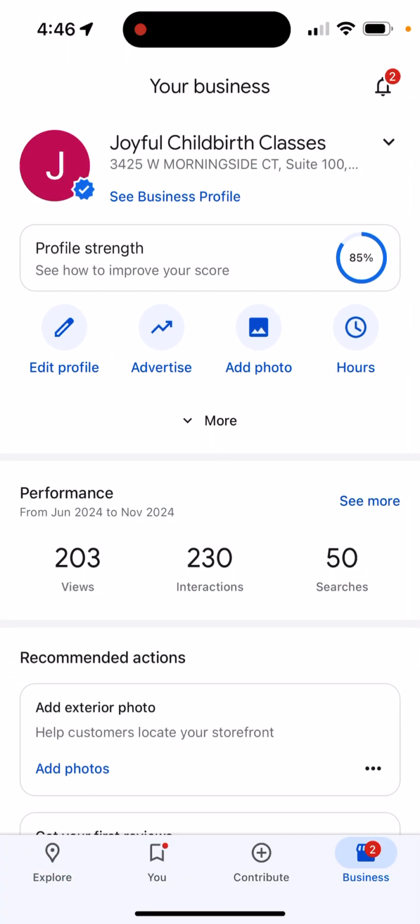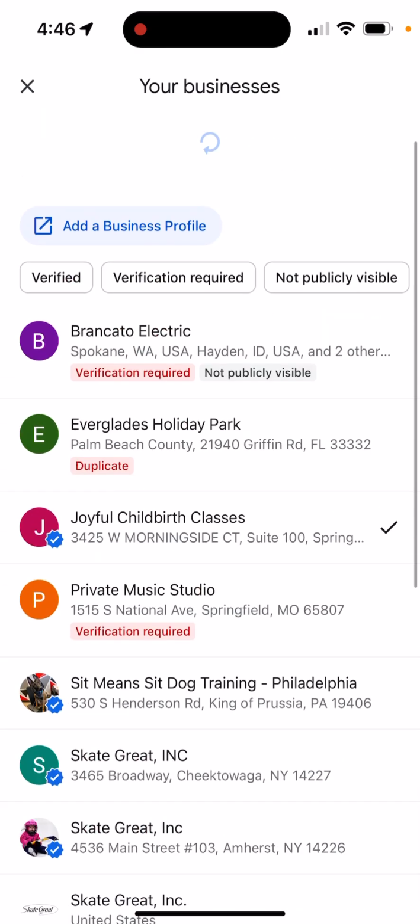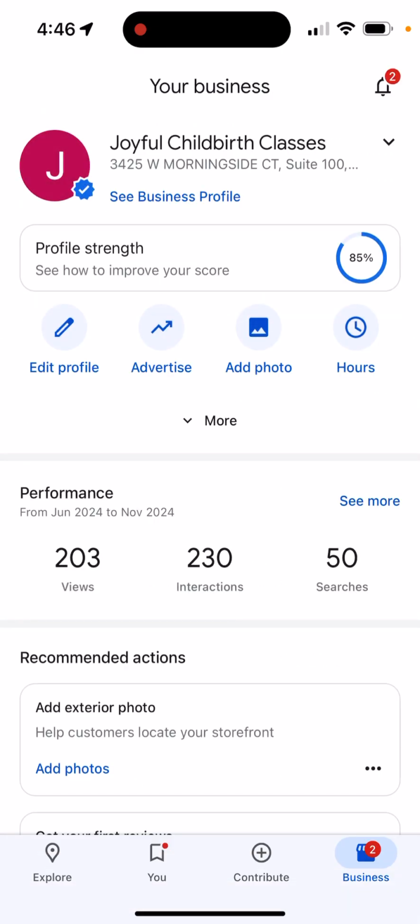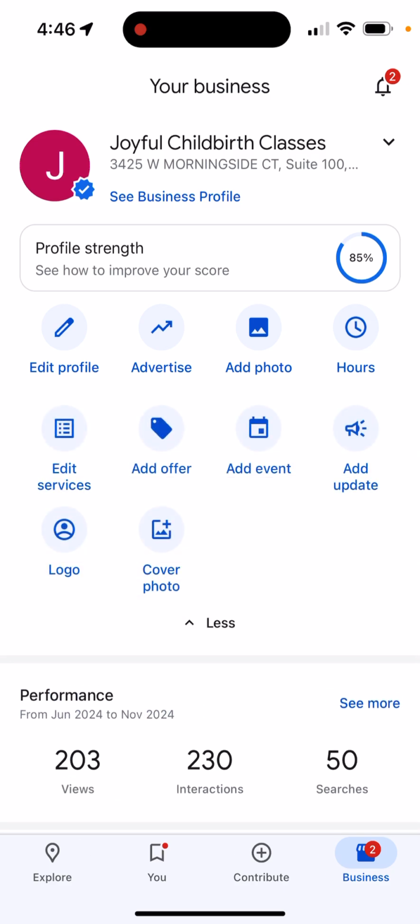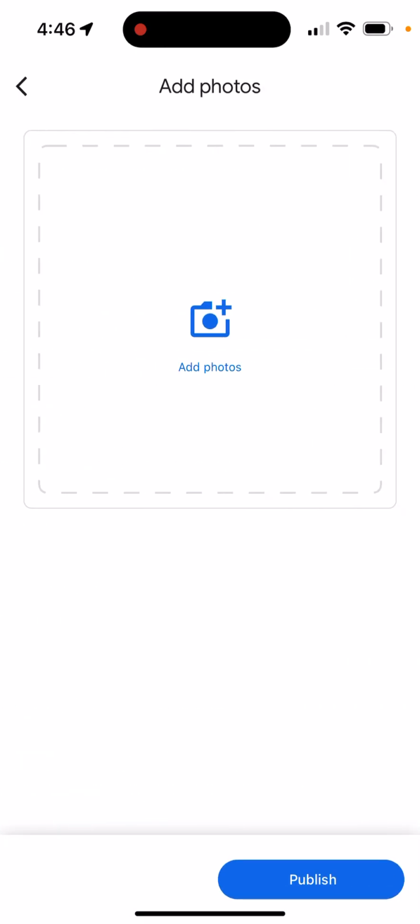All right, perfect. So here we have this business, and if you have multiple businesses, you might need to select the correct business. I'm going to select this one, and then we're going to show you how to add photos in a couple of different ways. One of the things that's great to do is to click here and add a photo to the business. So you might be on a job site, and you're going to take a photo of the